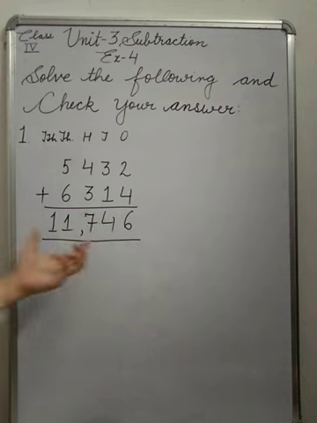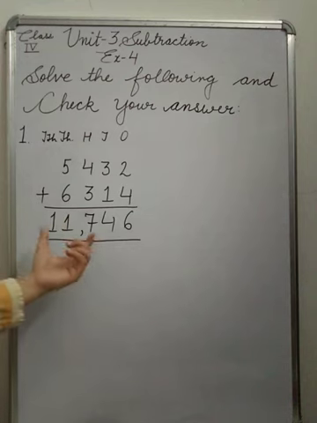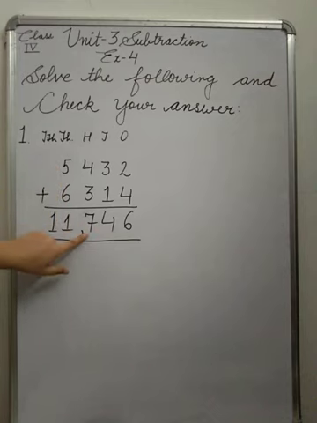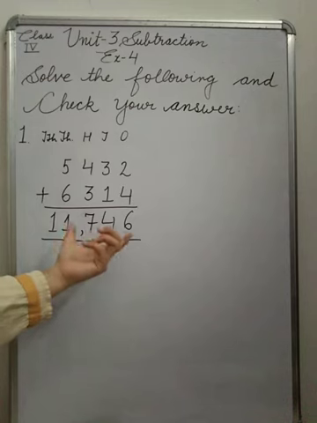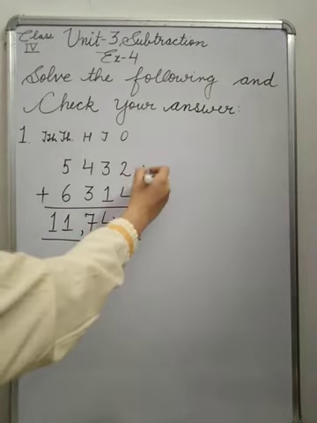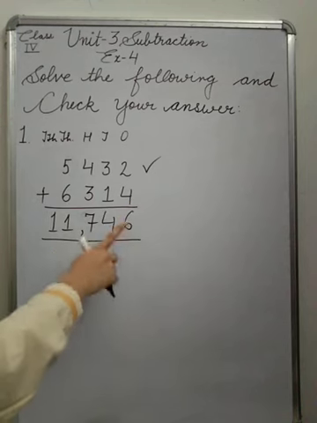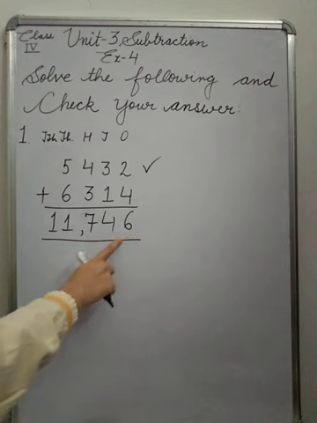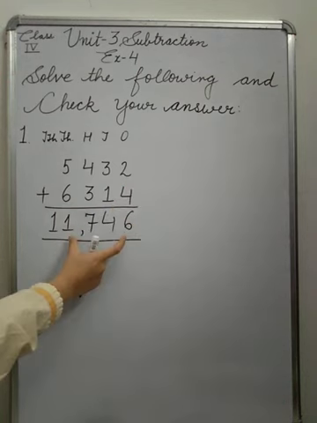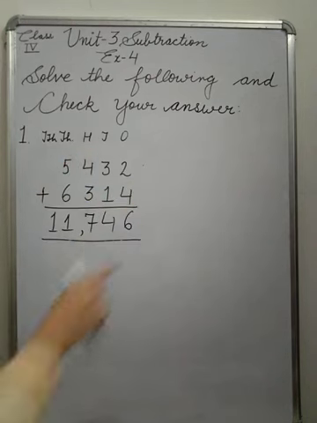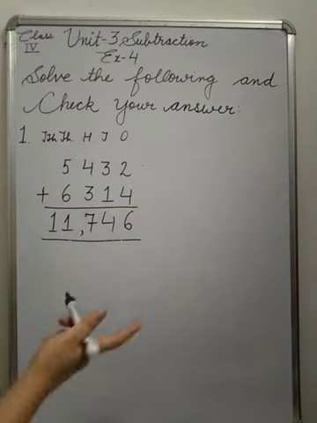So what do you do? When you are doing addition, what do you get? You get the bigger number. So from the bigger number, you can subtract either this one or this one, that is your choice. If you subtract the first number from the addition answer, you get the second number, or when you subtract the second number from the answer, you get the first. So in either way you can check that. So how do you check the answer?